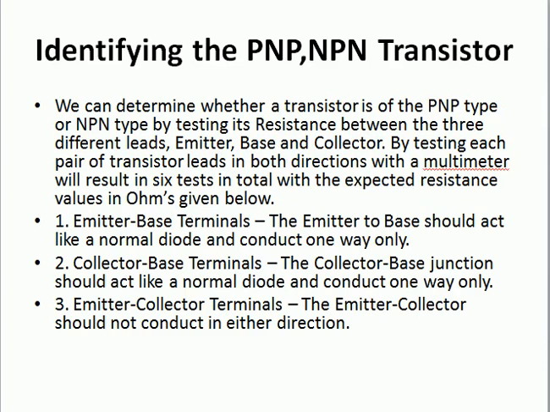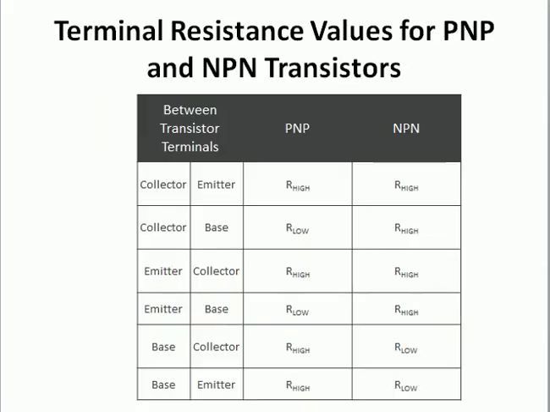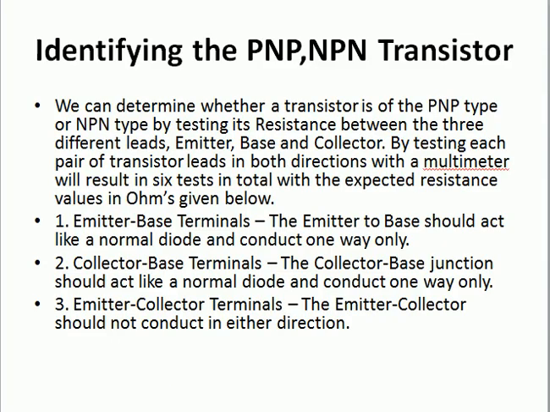Now here is identifying the PNP and NPN transistor, and these slides are basically for yourself, so read them and also do it in your lab, and then identify whether it is the PNP transistor or the NPN transistor. Simply I am giving you one hint, that it depends upon the resistance. You will simply see which junction is forward biased and which one is reverse biased, then what will be the resistance between those junctions. So you will do this by yourself. And this was all about the NPN and PNP transistors.